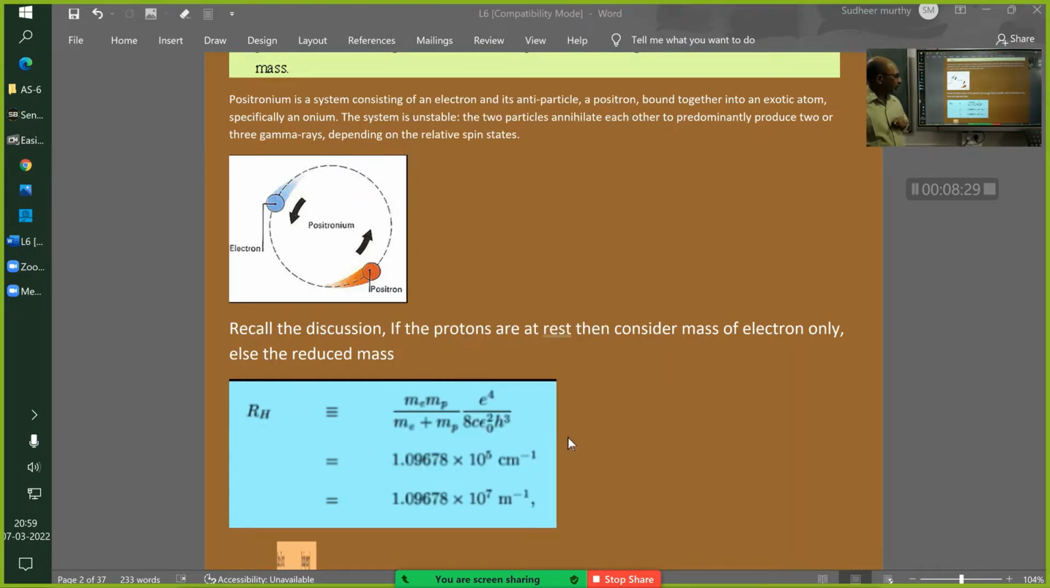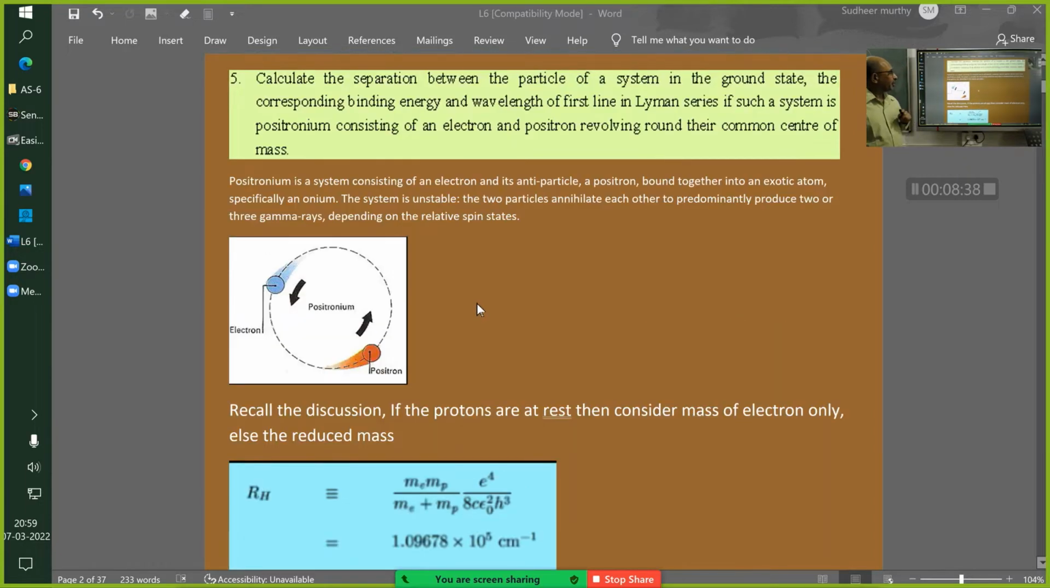He's not there. Okay, I hope all of you got the theory here. Okay. So now we will solve this problem. So what is it now? Calculate the separation between the particles of a system in the ground state, and the corresponding binding energy. Binding energy means